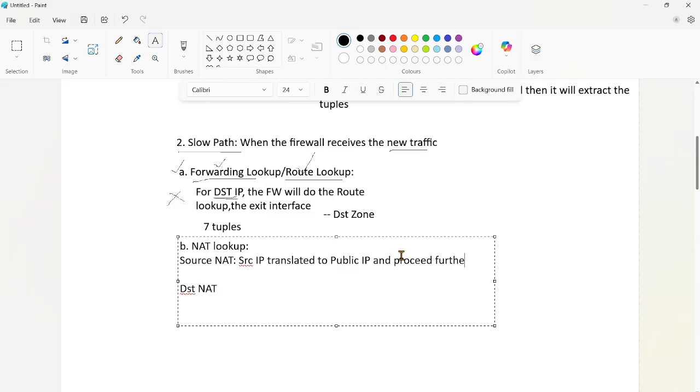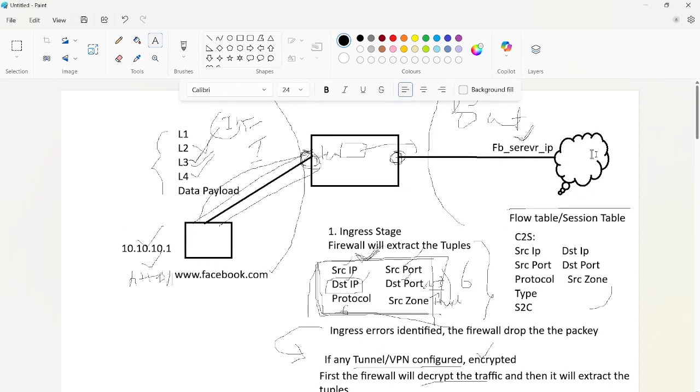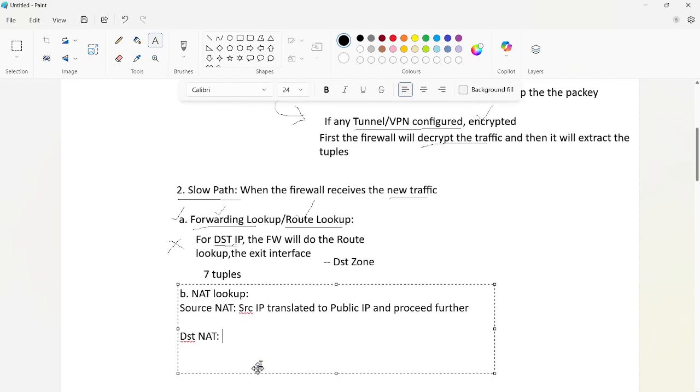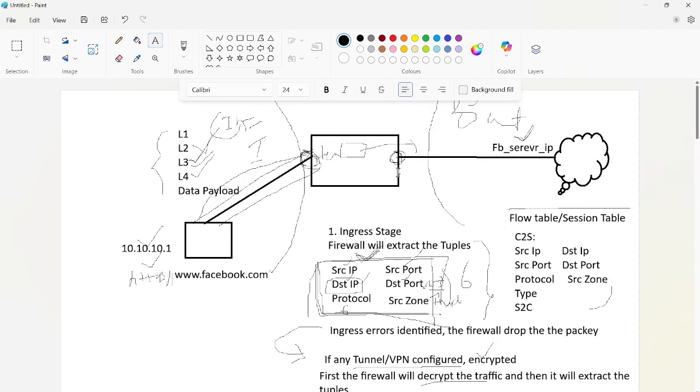But whenever traffic comes from outside, let's suppose we are getting traffic from the internet to inside, the firewall will do a destination NAT. Here the destination IP will be translated, which means our destination IP is going to change.